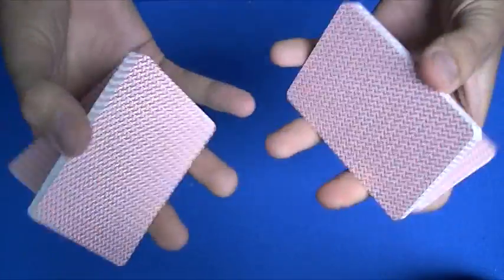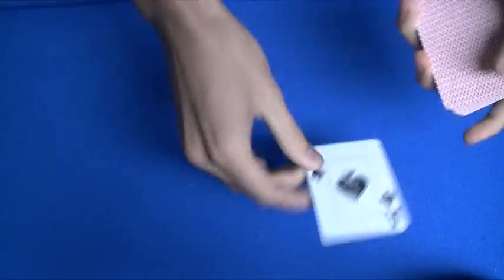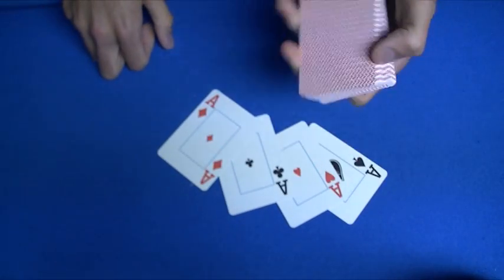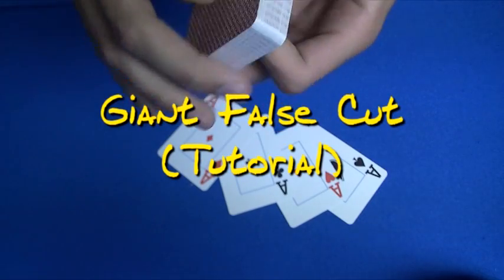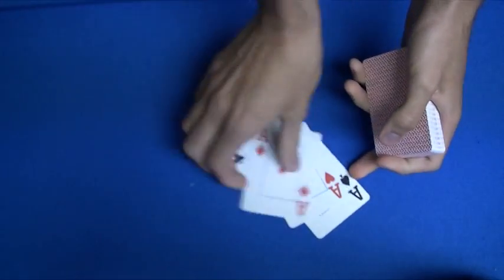In my last tutorial, I got a lot of questions about this huge cut I did halfway through my performance where the cards stayed on top of the deck. And so I'm going to go more in depth on how to do that. I tried to explain really quickly, but there were still a lot of questions about how to do it. So